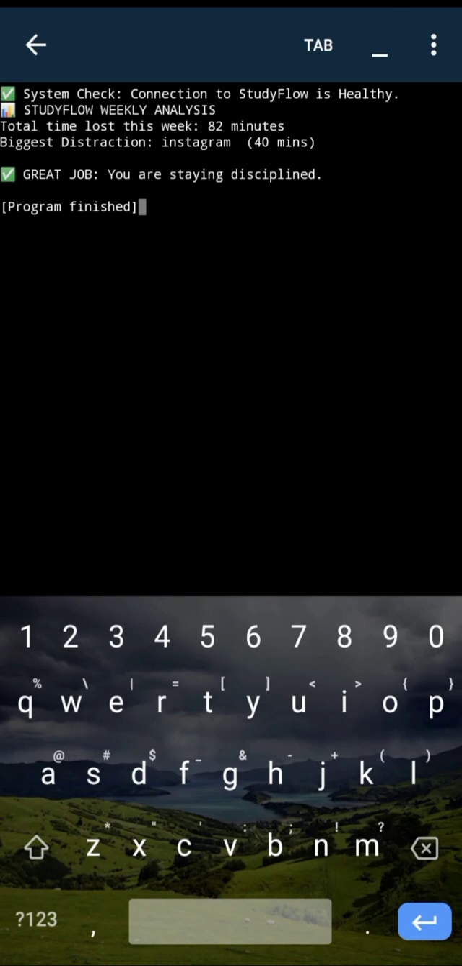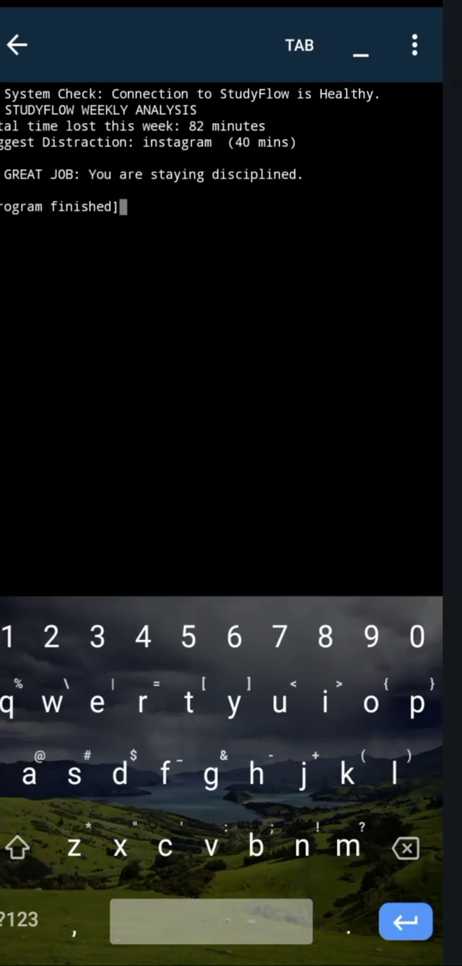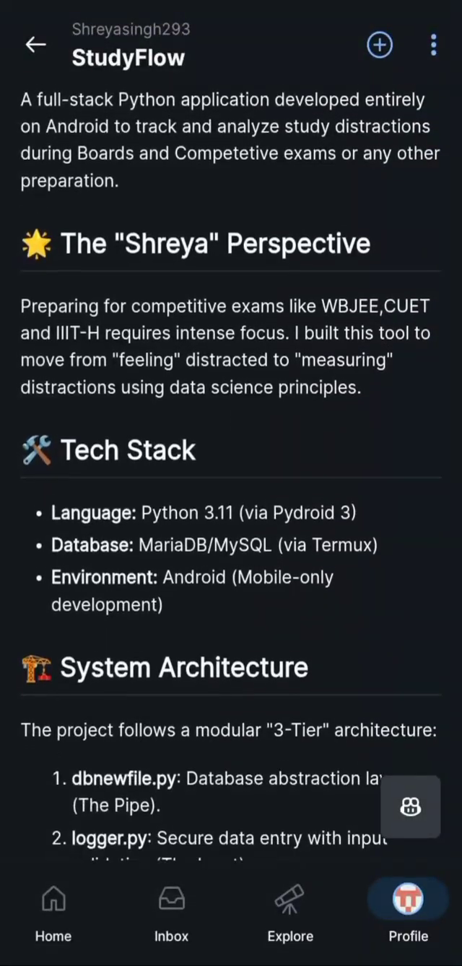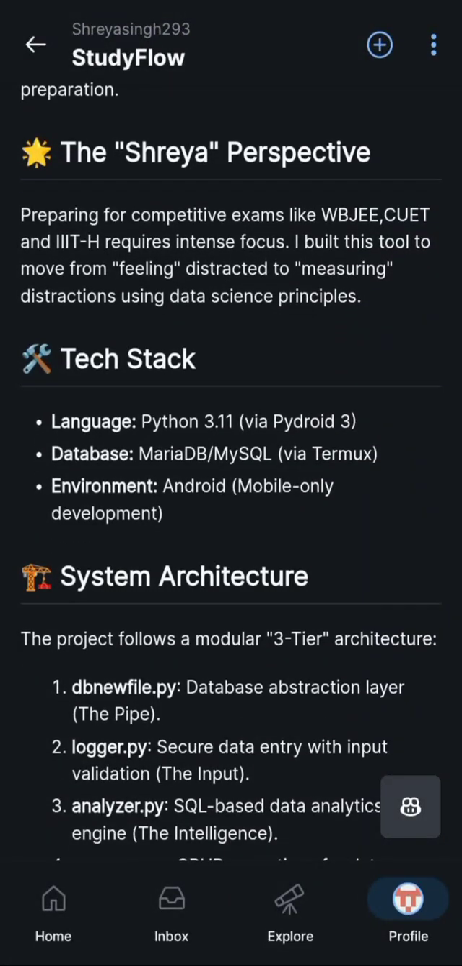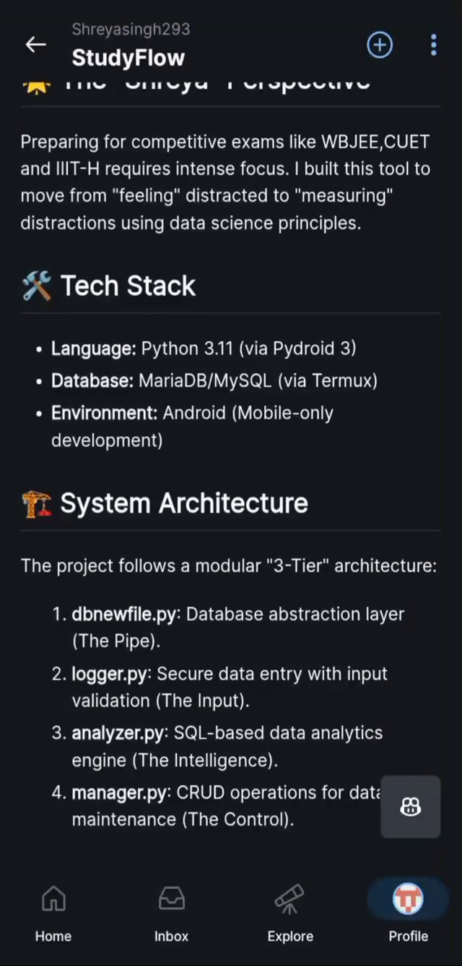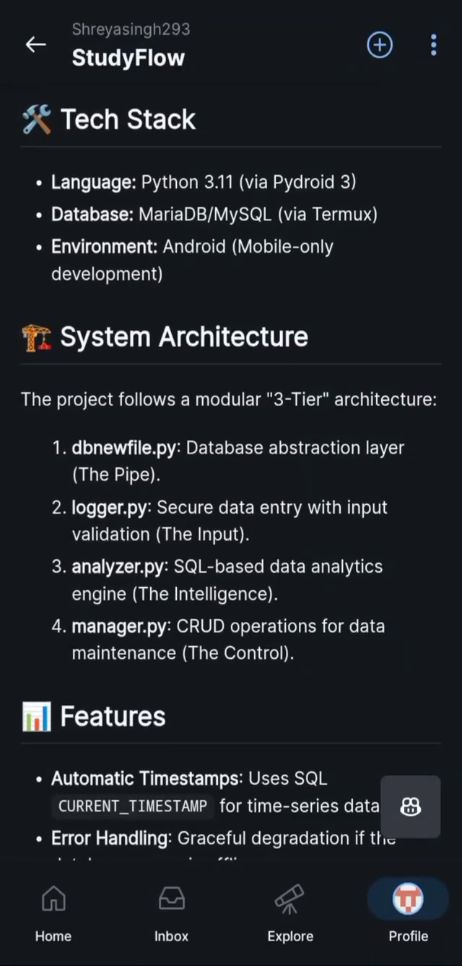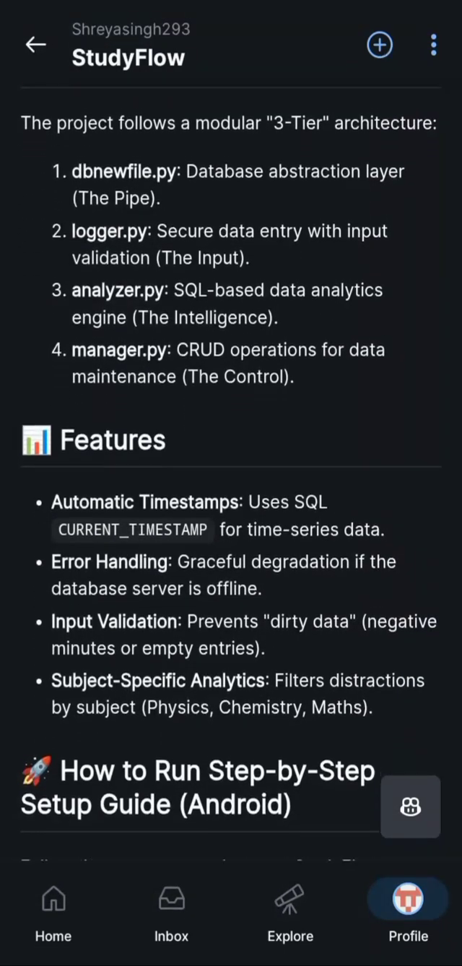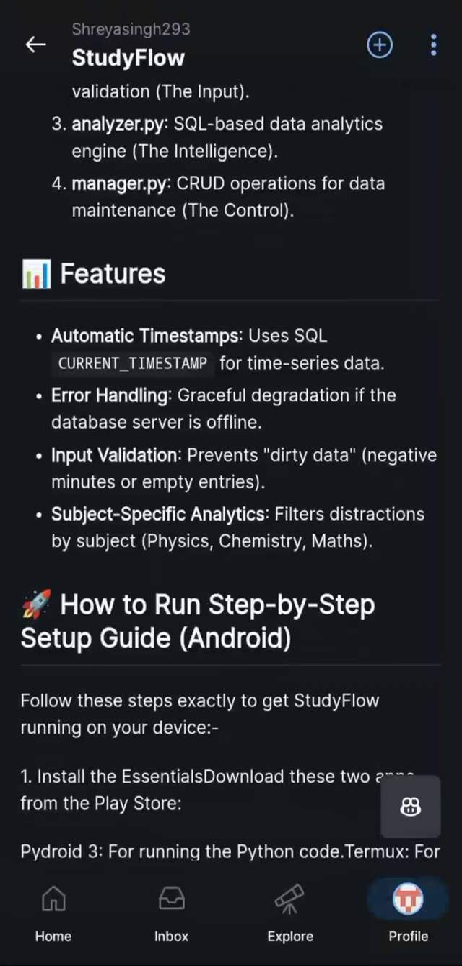It's not just about writing code, it's about using technology to solve my actual problems. That's how StudyFlow works. For the full source code, you can visit my GitHub profile where I have documented the whole journey, including a beginner-proof setup guide and my requirements file, so anyone with a smartphone can start their own